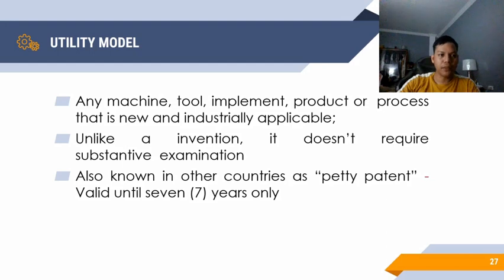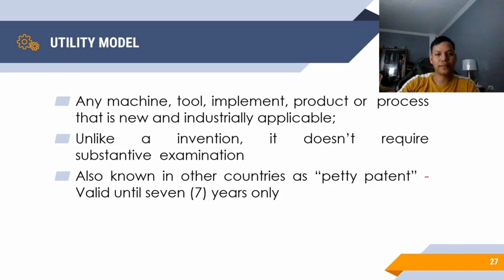And we also have this utility model. So we are done with the patent, and now let's proceed to utility model. Any machine, tool, implement, products or process that is new and industrially applicable. Unlike an invention, a utility model doesn't require substantive examination. So if you have this utility model, you no longer have the part of the process which is the substantive examination. It is also known in other countries as a petty patent, valid only until 7